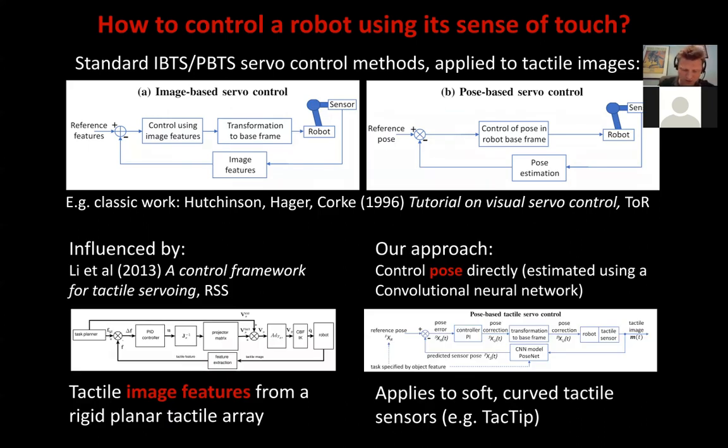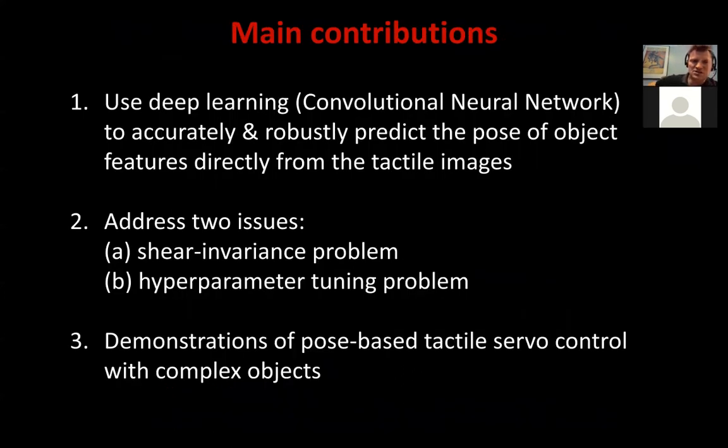This work has been influenced by Nathan Lepora's work on the control framework for tactile servoing, where he considers image features from a rigid planar array, extracting features such as center of contact and feeding that into the control loop, which could be considered analogous to image-based servo control. The approach we're considering here is to control pose more directly, using a convolutional neural network to extract the pose, which applies to soft curved tactile sensors such as the TacTip. We would consider this the analogy of pose-based servo control. So our contributions are to use deep learning, convolutional neural networks, to predict the pose of an object,